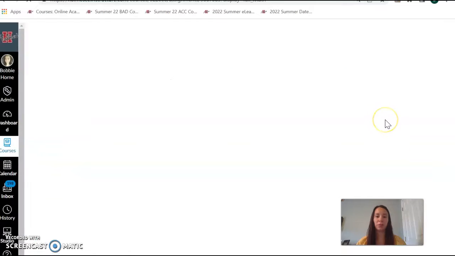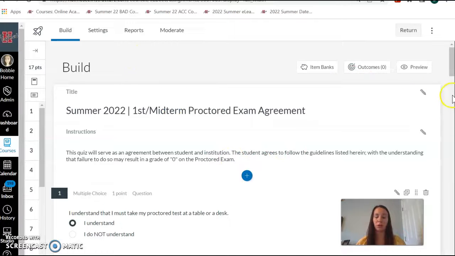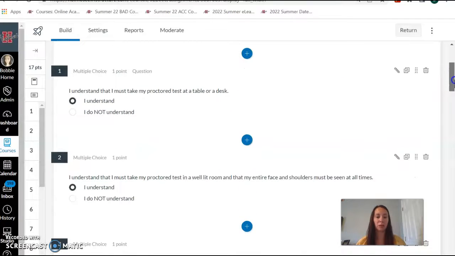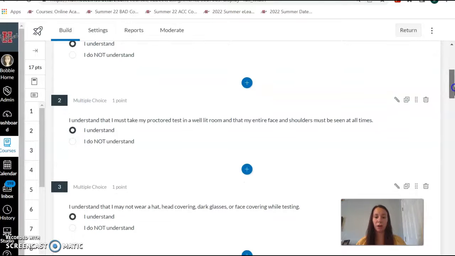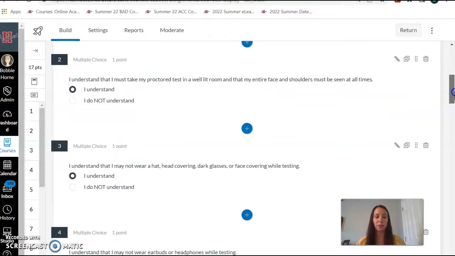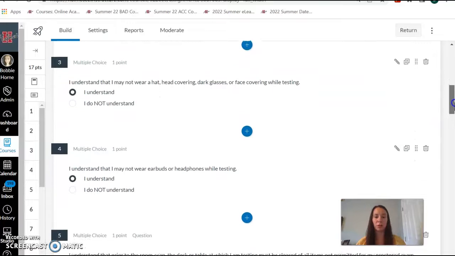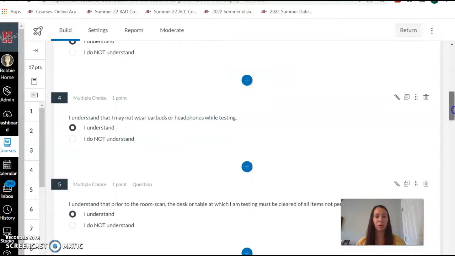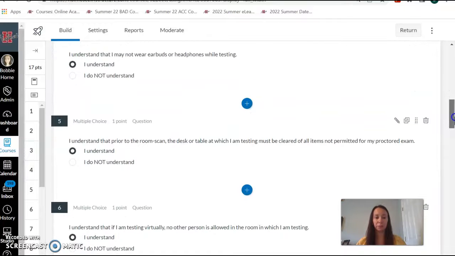This is very important that you follow these guidelines, because if you don't, it's going to be an inconvenience for you. You have to take it at a table or desk, in a well-lit room with your entire face and shoulders seen. You must not wear a hat, head covering, dark glasses, or face covering. You may not wear earbuds or headphones while testing.